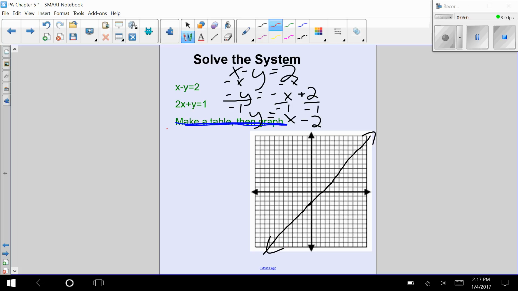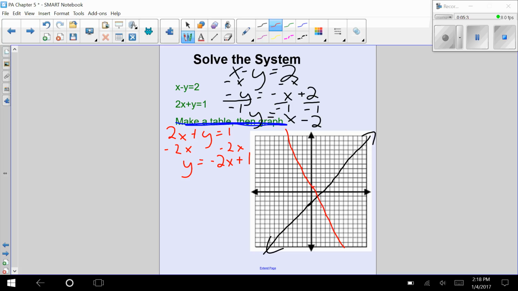And then we look at the other equation, 2x plus y equals 1. Solve for y, we're going to subtract 2x off of each side. And we get y equals negative 2x plus 1. We start at plus 1 on the y-axis. We go down to right 1, down to right 1, down to right 1, or up and left,